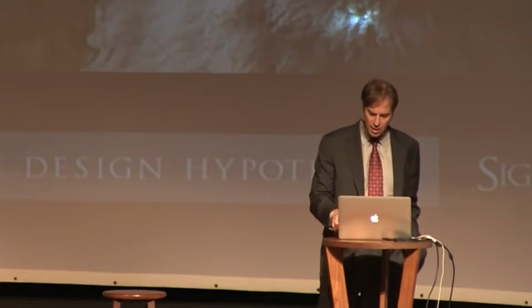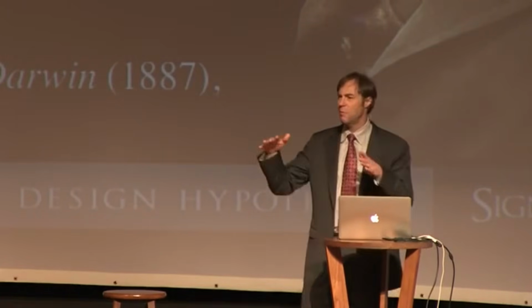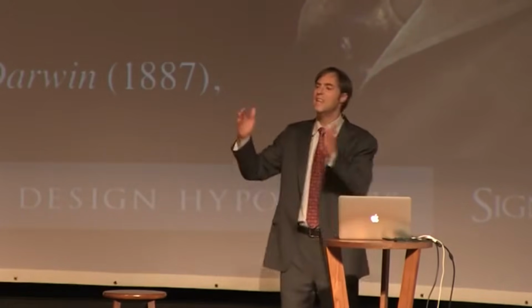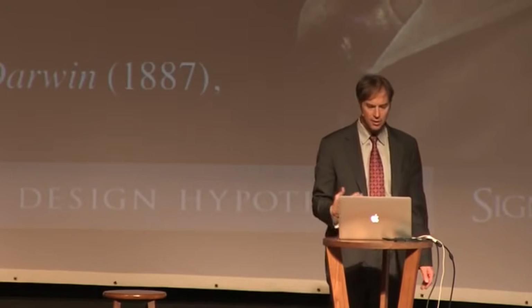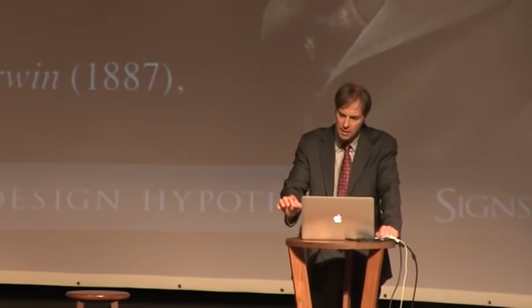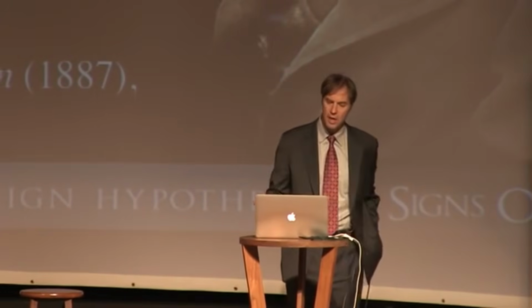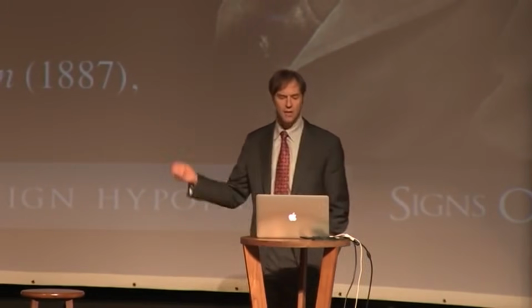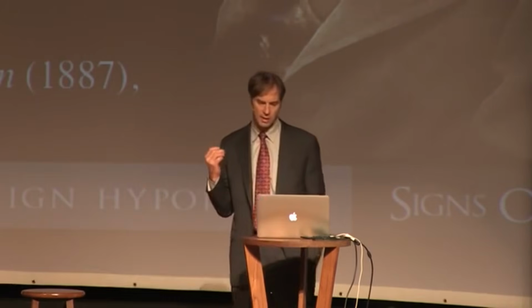Now, Darwin was therefore very clear about this. There were people who wanted to say, well, maybe natural selection is a guided or directed process. He says, no, you don't understand. The whole point is that it's natural selection, not intelligent selection. And so he emphatically, in one of the letters that he wrote after the publication of The Origin of Species, made this denial of design very explicit. He said there seems to be no more variability of organic beings in the action of natural selection than in the course in which the wind blows. It is an undirected process. It's nature just doing what nature does.